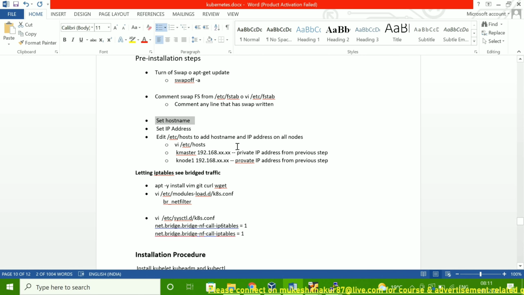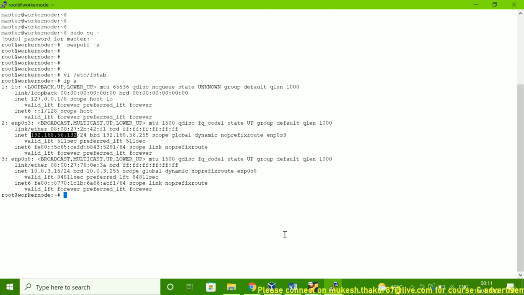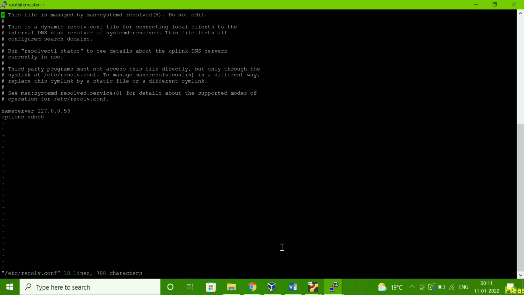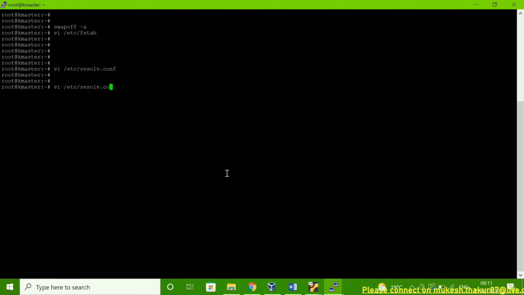Okay, fine. Now if you have a DNS in your environment, then you can add your DNS server name in resolv.conf. If you don't have one, then sorry, one second. Not resolv.conf, you have to add it in the hosts file.